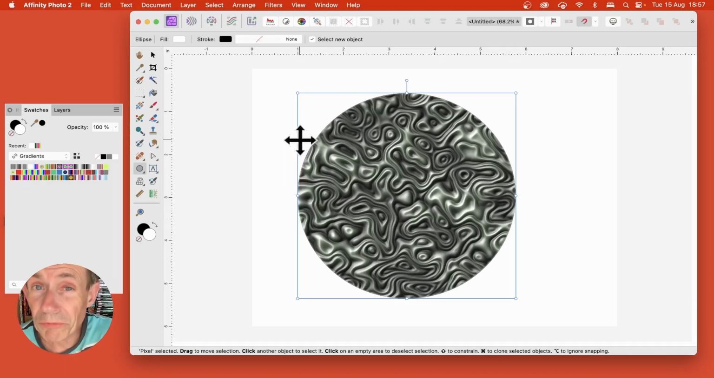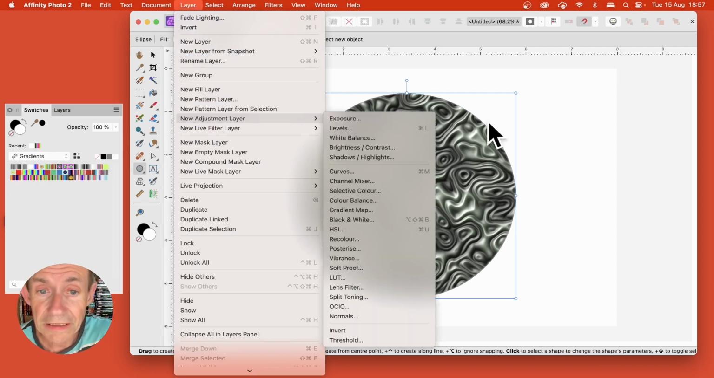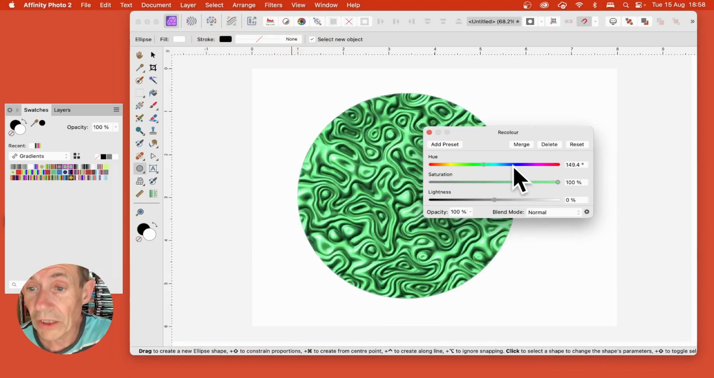If you want, you can always recolour it. Go to layer and down to new adjustment layer and go to maybe gradient map or recolour. And then go for maybe red or green or blue